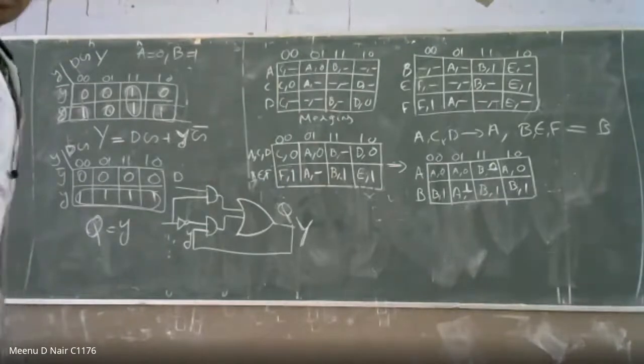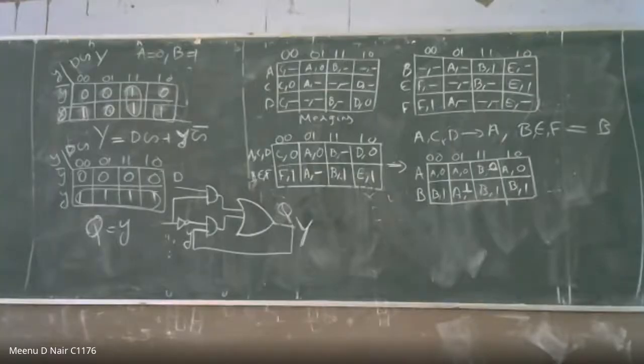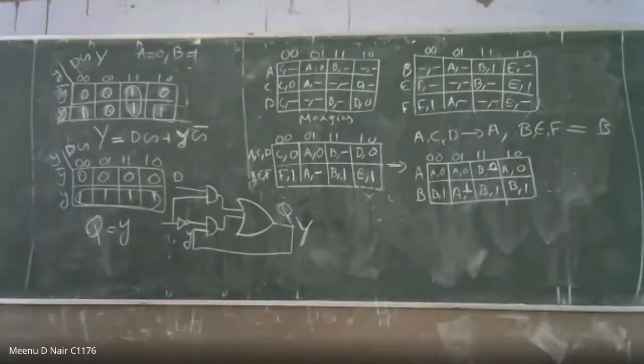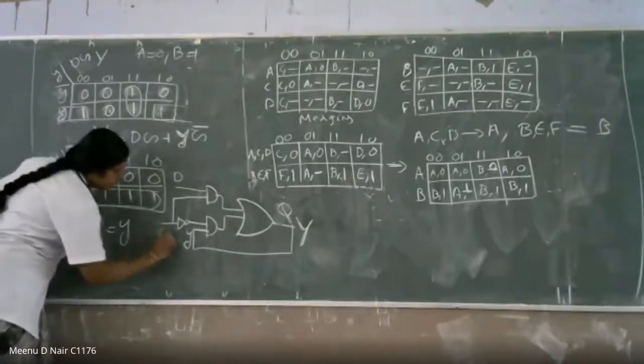So if you have any doubt, you can ask me. Okay. So even in the Saturday class, we can continue. Okay. Madam, for the second AND gate, what is the input? Is it G? Yes, it is G. That's G, right? So it is DG Y G bar. Yes. Okay.